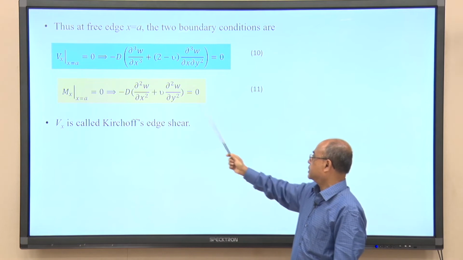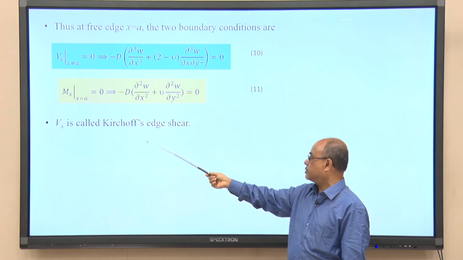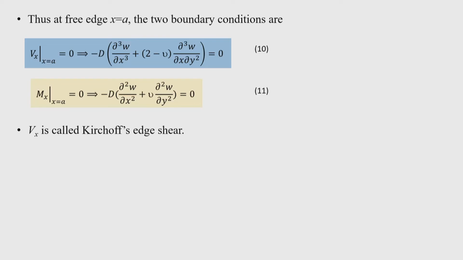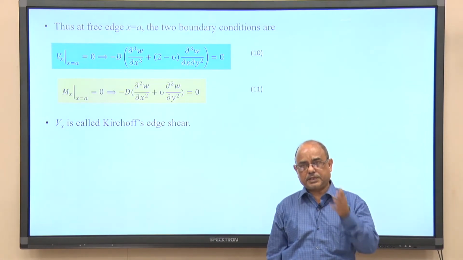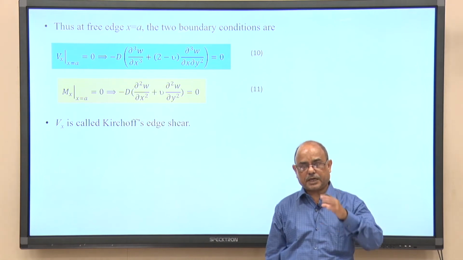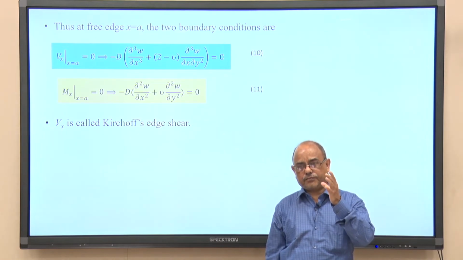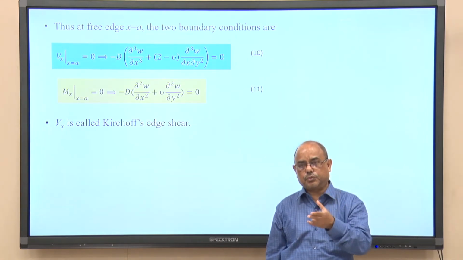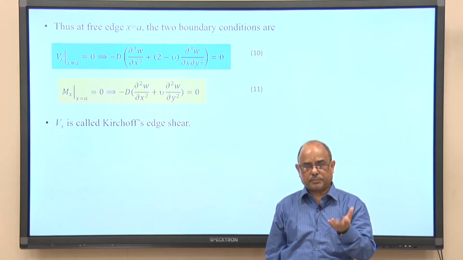So, therefore, you have to take two terms in the moment expression, and V x is known as the Kirchhoff's shear. Okay. So, that is a very important condition for the free edge, because originally Poisson has given three conditions: the bending moment 0, twisting moment 0, shear 0, but twisting moment and vertical shear are combined to give a Kirchhoff shear. So, ultimately the final condition becomes reduced from 3 to 2. So, it becomes easier after combining these two expressions, twisting moment and this vertical shear force.